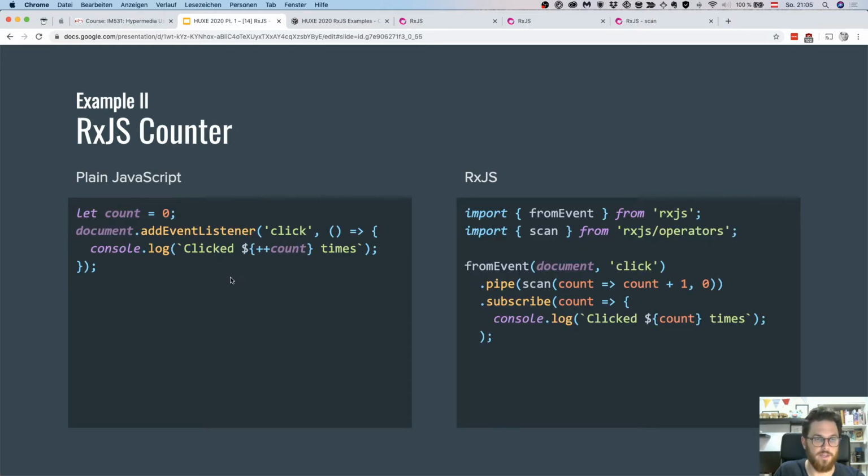Okay, so the second example, where we can see already one benefit of RxJS. Now I can do a simple click counter in JavaScript like this. I will have to create a variable where I save the click counts, and then I can increment them and output them. Now with RxJS, I can use an operator to count the clicks, and there are various operators which we'll get to, but one that's very helpful is the scan operator,